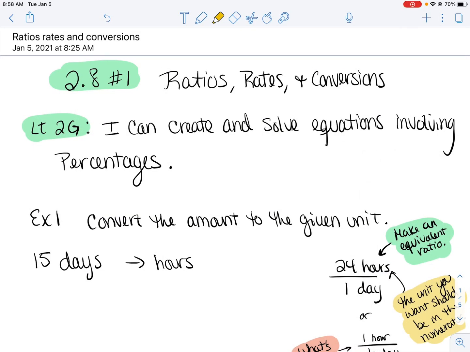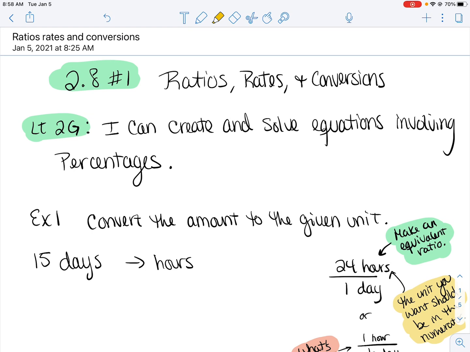Guys, I just want to make a quick video for you here about ratios and rates and conversions. We're going to jump into percentages pretty soon, and a lot of that is dealing with ratios or starting with ratios. So this might be a little bit of review, hopefully some stuff you've seen in middle school and you'll see in science, but we just want to do a little practice with our conversions,